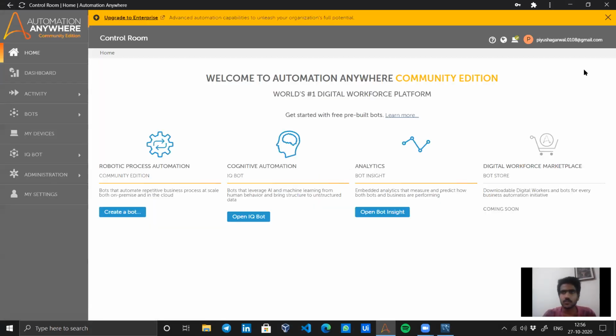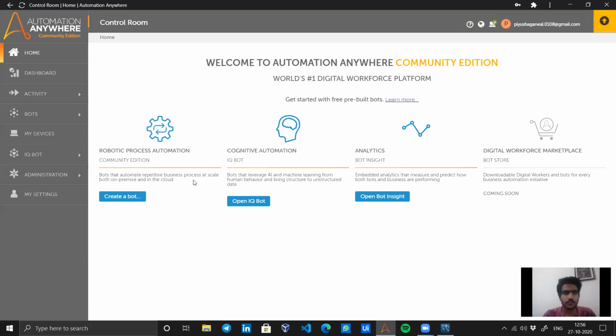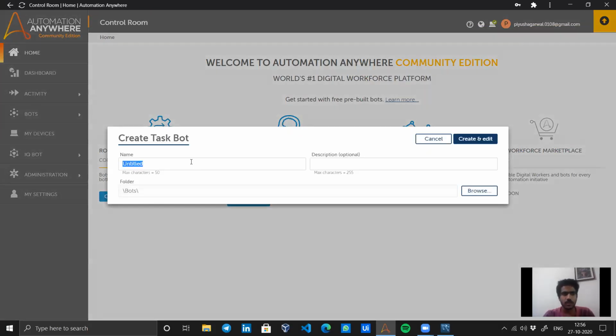To develop any kind of bot, we can just log into our A2019, click on Create a bot, and let's name it database activity bot. Okay, and you can give any kind of description over there, self-explanatory, and just click on create